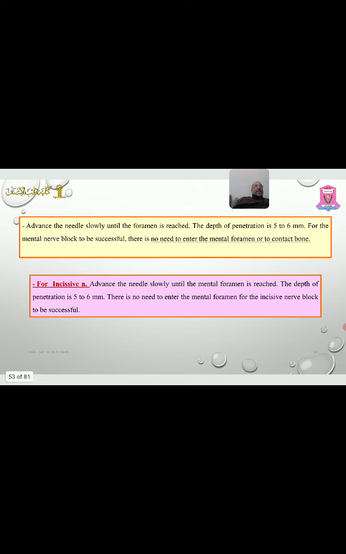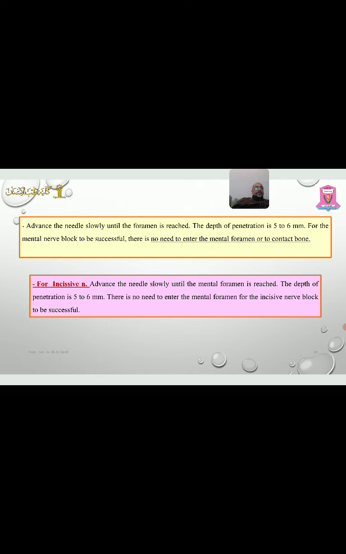Advance the needle slowly until the foramen is reached. The depth of penetration is about 5 to 6 mm. For the mental nerve block to be successful, there is no need to enter the mental foramen or to contact bone. This is for the mental nerve block. You do not need anything more, just an estimation of the position of the mental foramen lets you anesthetize the mental nerve, but for the incisive nerve